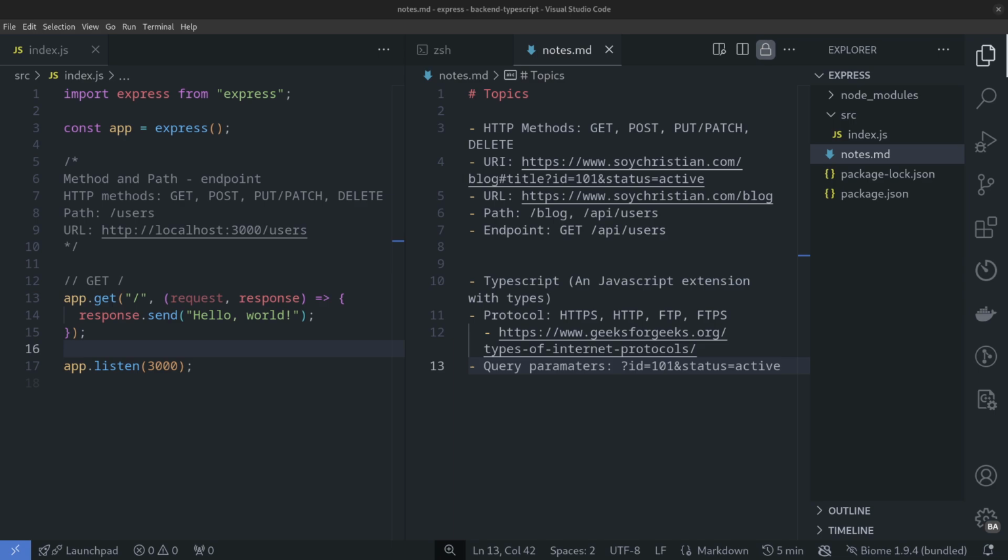And in today's lesson, we are going to set up the TypeScript configuration. And we are talking about some important aspects of the Express web server, but also about the course in general. First of all, the important thing about the course is that I will be uploading these files,